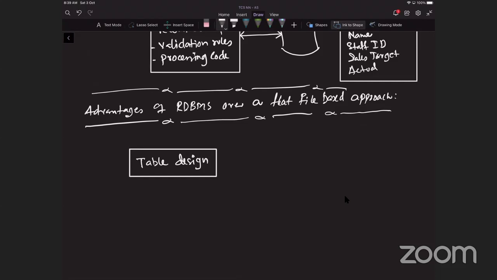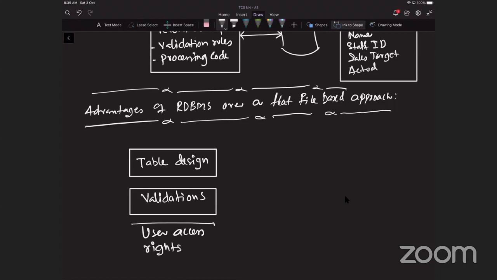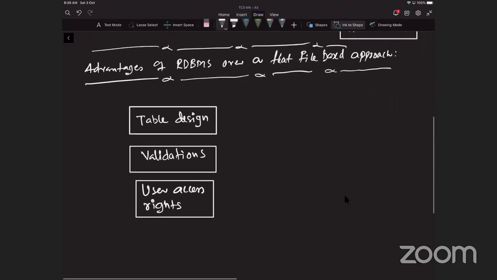And then there are built-in validation rules. And then users and access rights as well. And then there is data.